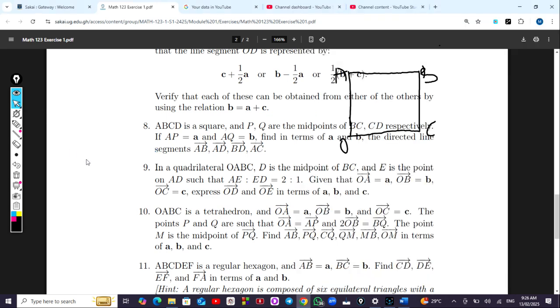D is the midpoint of BC, so D is here, and E is the point on AD, so